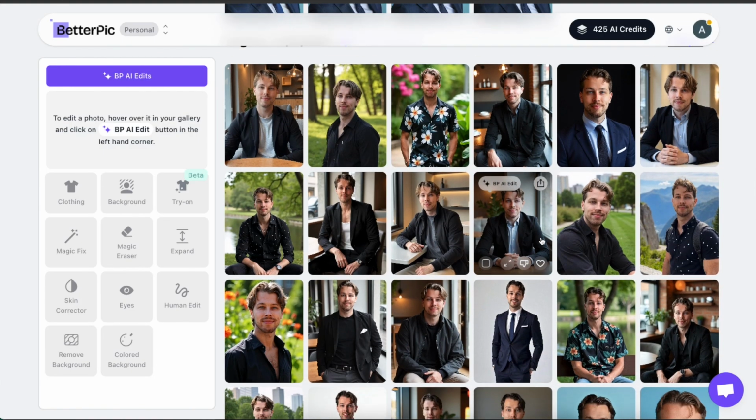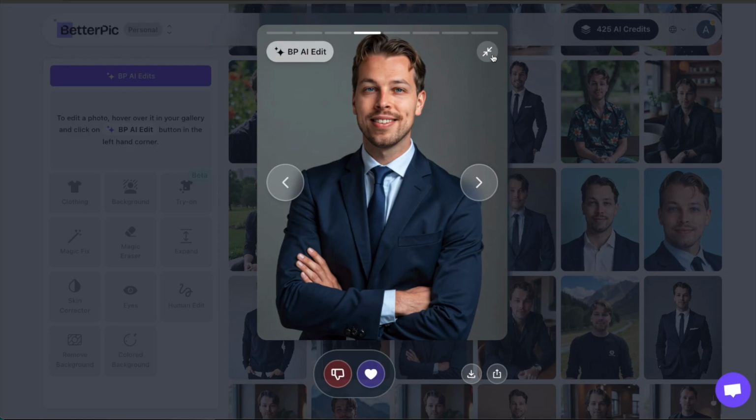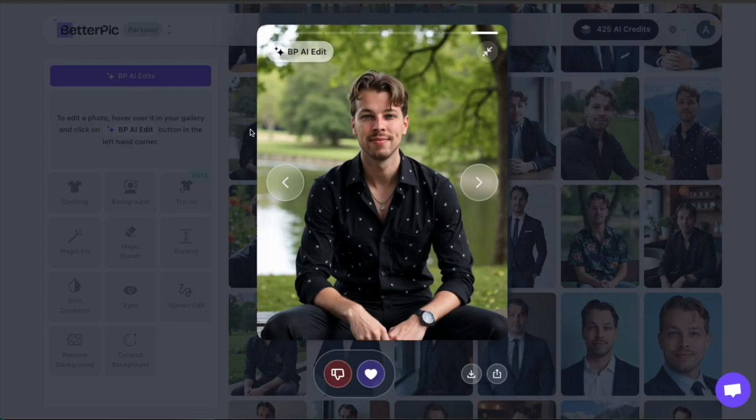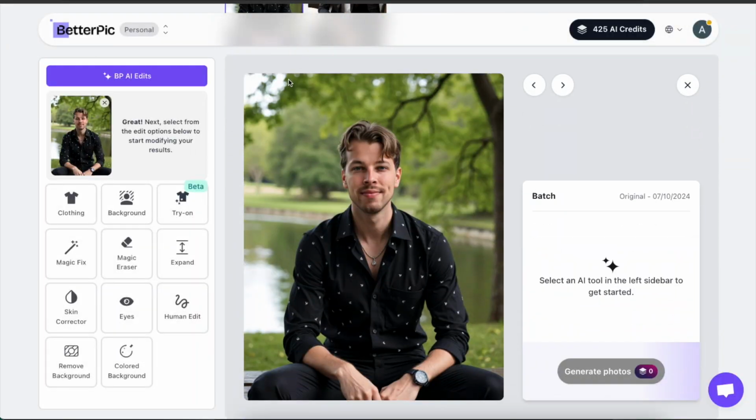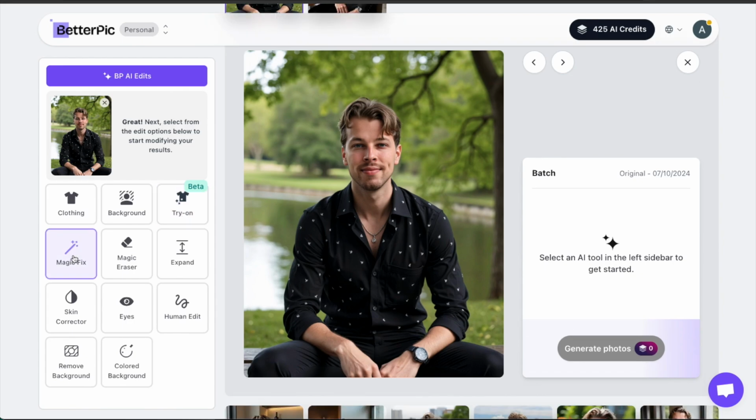The reason why I love PhotoPacks so much is not only because of the image quality, but also because it allows you to do all these edits. So you can pick one of your photos, for instance this one, and you can choose this BPAI edit option, and then you can change your clothing, you can change your background, you can try on clothes, so you can literally drag and drop a piece of clothing from the internet and put it on yourself. You can magically fix stuff, so if you have some uncanniness, for instance, if you have the classic 6 fingers, or if you have messed up teeth or messed up lips, you can fix those with this magic fix feature. You can erase stuff, you can expand your images, you can do skin correction, eyes, remove backgrounds, colored backgrounds, and